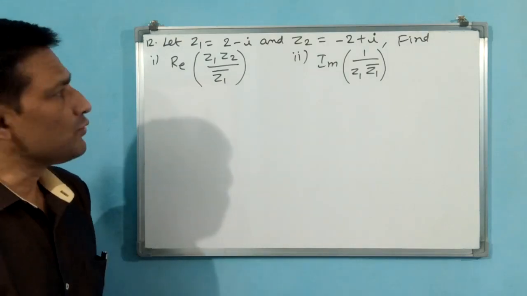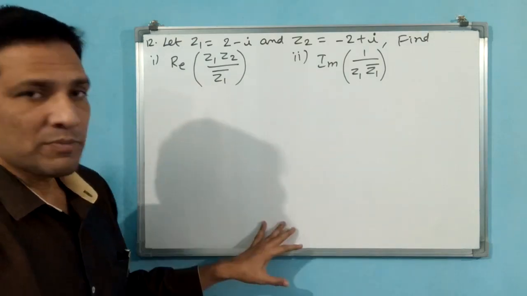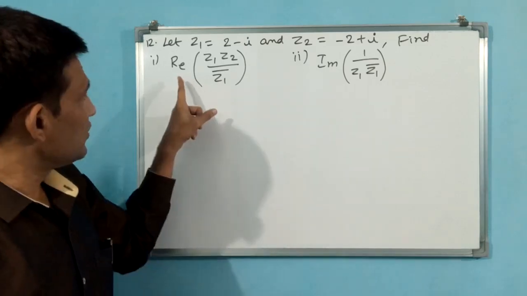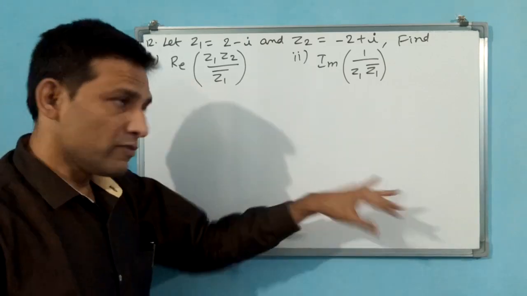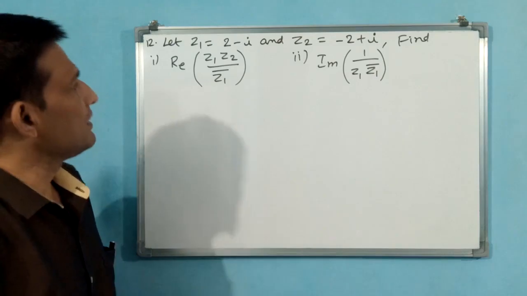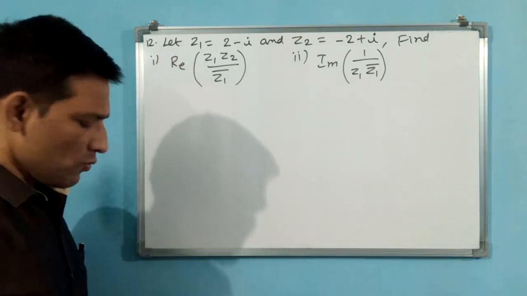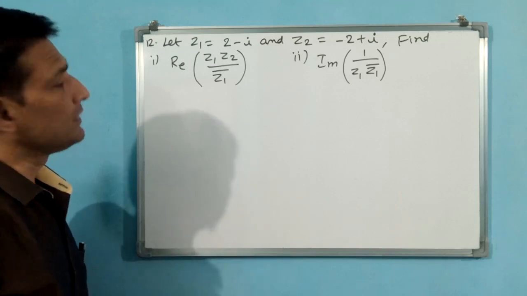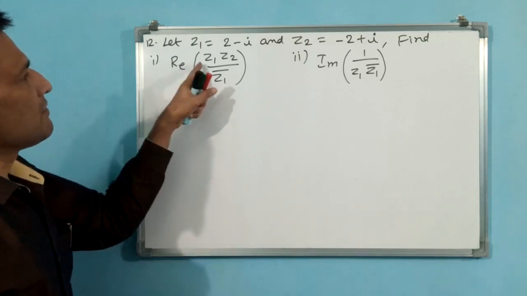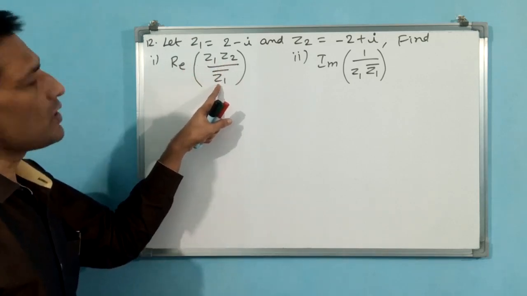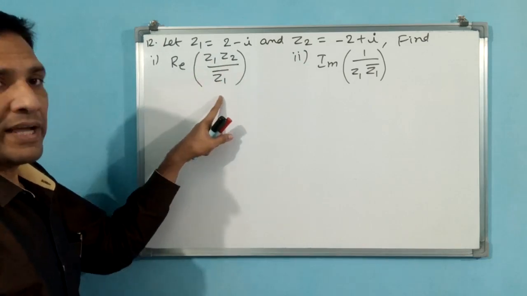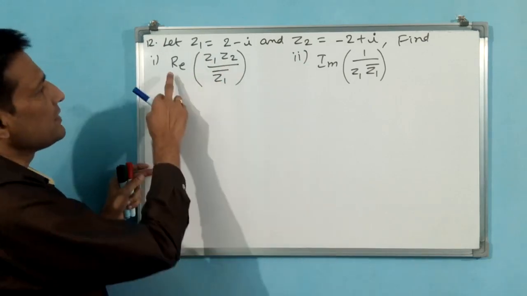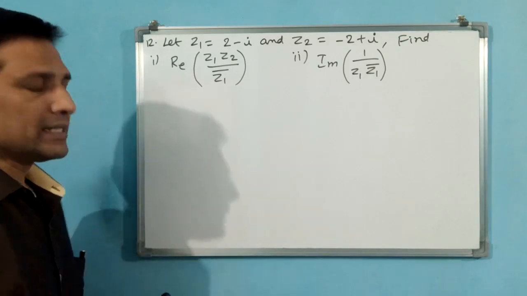Fine. What we do, we don't have space to do for both. First we will do this one, first part. Then we will rub and we will do second part. Okay? Now you see how to find this first question. That means first question solution we are doing. You see, Z1 Z2 by conjugate of Z1, you have to make, then that part, that final number, real part you have to find. Okay?